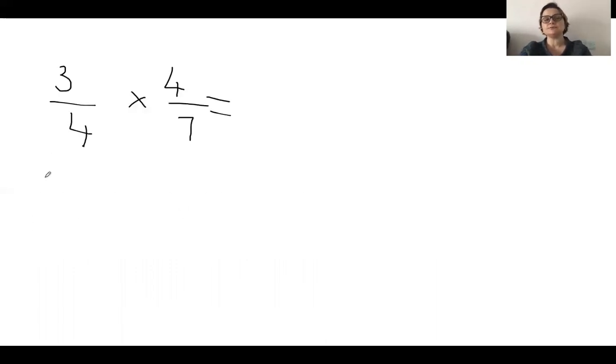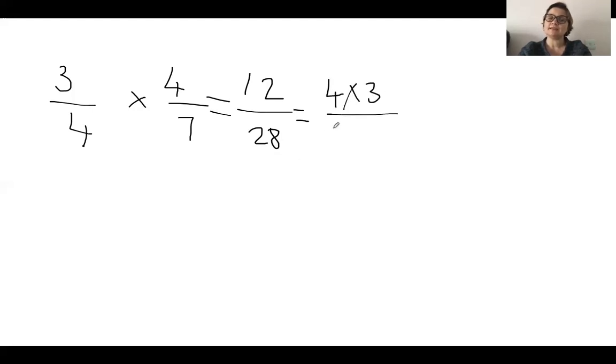So let's have a look at these two fractions. So you have 3/4 times 4/7. Now, you can do this one by going straight ahead and multiplying numerator by numerator, denominator by the denominator. So you're going to have 3 times 4 is going to be 12, 4 times 7 is going to be 28, and then you simplify. Both of them are in 4 times tables, so you express the 12 as a product of 4 and a 3, and express the 28 as a product of 4 and a 7. And here you go, common factors is 4 for both of them,